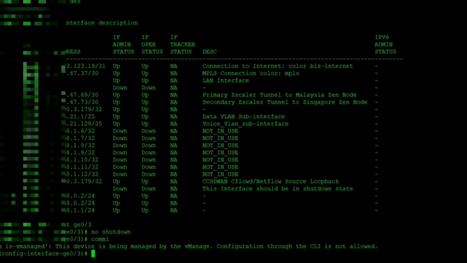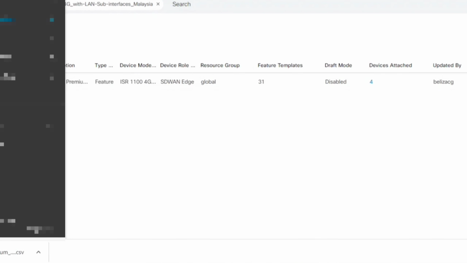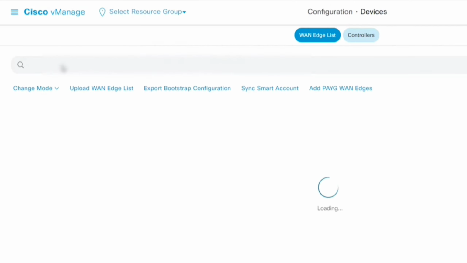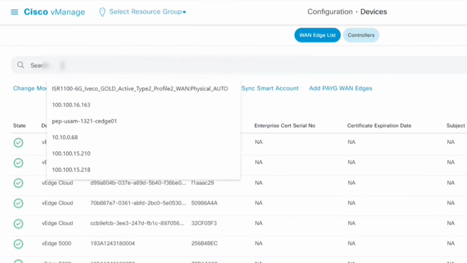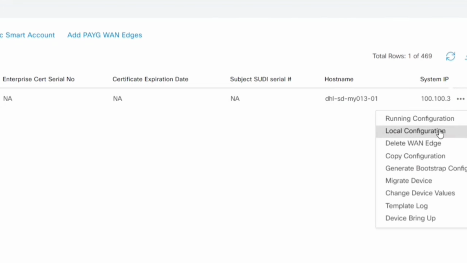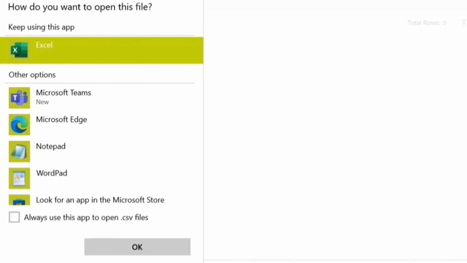the GUI also. What you need to do in that case is click on this device hostname, come here, click here, go to Configure, then Device, then click here, put the name here, hit enter, click on these three dots, Change Device Values. You can see here. But before making any changes, the first thing I did was download this template here. If you can see,